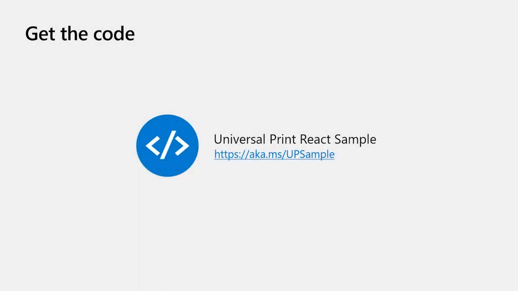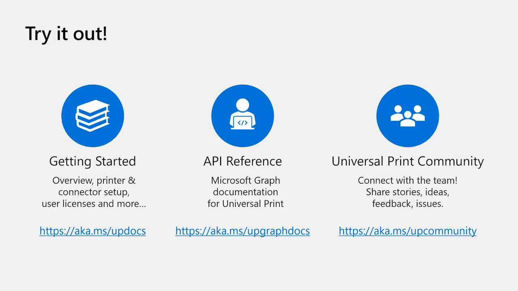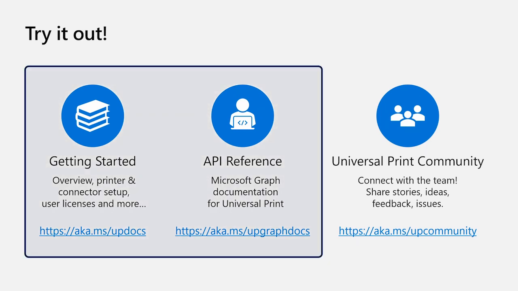Well, that was easy, wasn't it? If you want to try out the code Venkat showed today, check out our GitHub repo. The entire project is posted there with milestone snapshots along the way. And for more information about Universal Print, along with other ways to leverage it in your app, like showing a print job status indicator or implementing administrative functionality, check out our documentation.